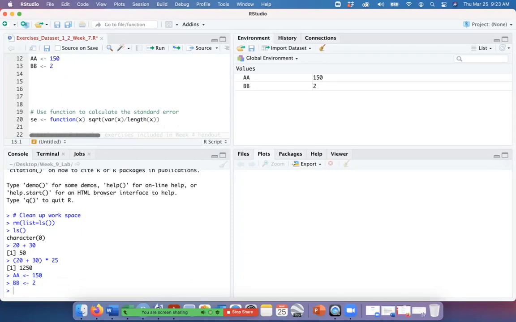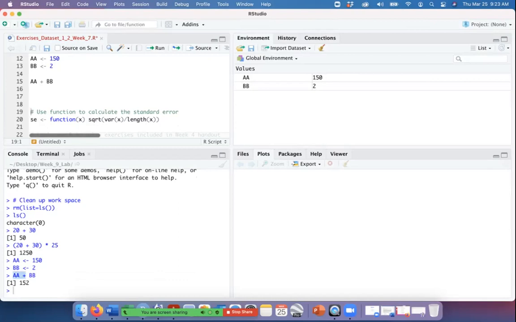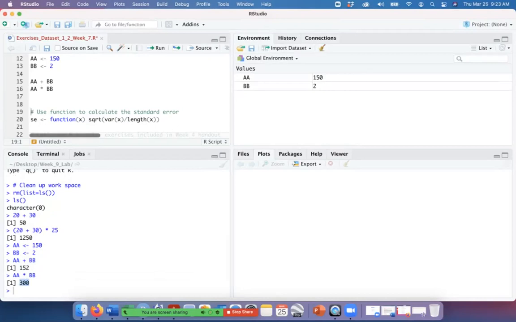Now you can do an operation where you can just add those two. You add AA plus BB. So that's a new operation, and then you can run that. And now it's going to give you the result, so the 152. If you do a different operation, let's say AA times BB, you run that line of code, and now it gives you the answer on the console. And these are the most basic examples, of course,